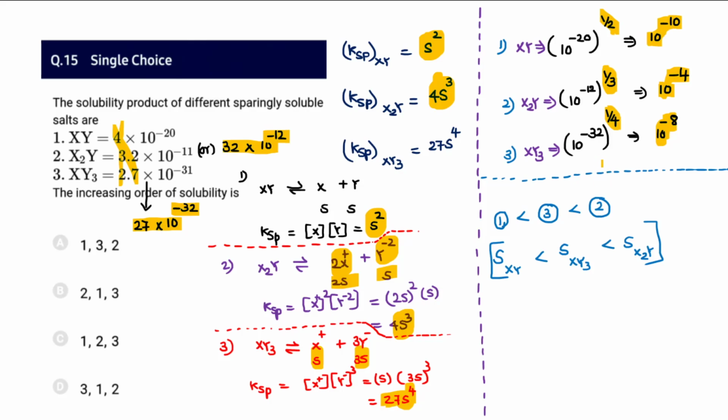Okay. So then the highest magnitude is possible for x2, y, and then we may say x, y3 and then x, y. So therefore this is the order, and the exact answer that matches is 1, 3, 2, which is option A, since an increasing order is asked for. So do not answer in reverse, 2, 3, 1. There is no such option anyway.